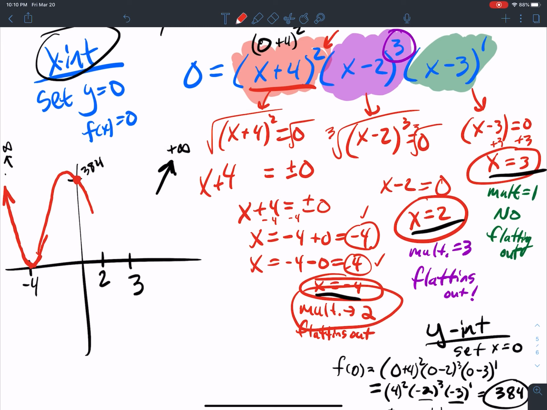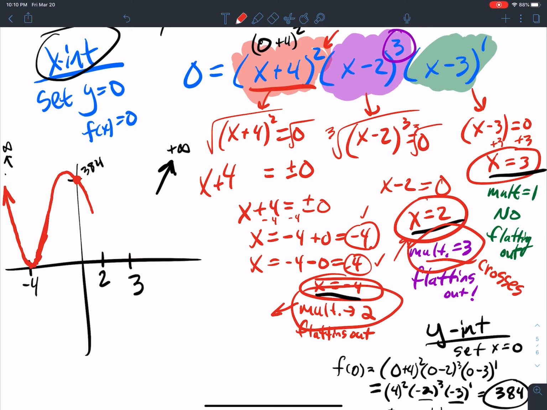You don't have to know where the hump is because that's more of a calculus problem, okay? Now, when it comes back down, it's going to come back down through 2, and it actually passes through, it crosses,